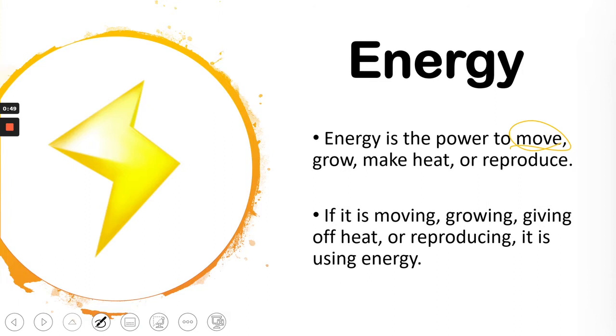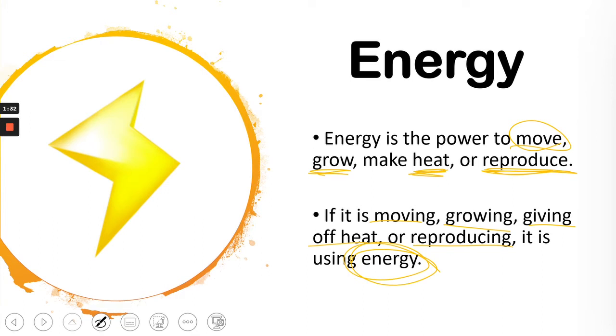So, that's that kinetic energy that you learned about in 4th grade. Grow, where you get bigger and you keep adding more to the organism, or like you can have a baby grow up and get bigger, or a small plant grow like our bean and our wheat seeds. Energy also is allowing animals and plants to give off heat. Right now, you are making heat and giving it off. If you sit really close to someone, you might feel like, oh, they're making it too hot in here. I can feel them giving off heat. And energy also lets organisms reproduce, whether that means making seeds, laying eggs, or giving birth to live young. If something is moving, growing, giving off heat, or reproducing, it is using energy.